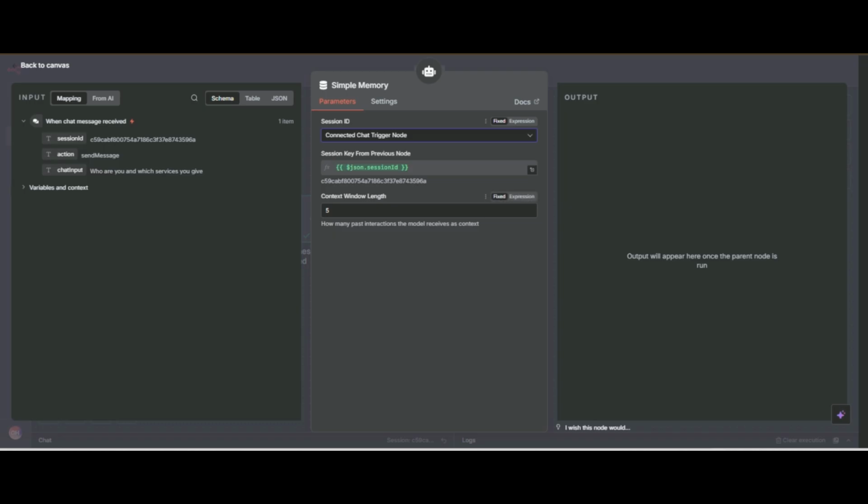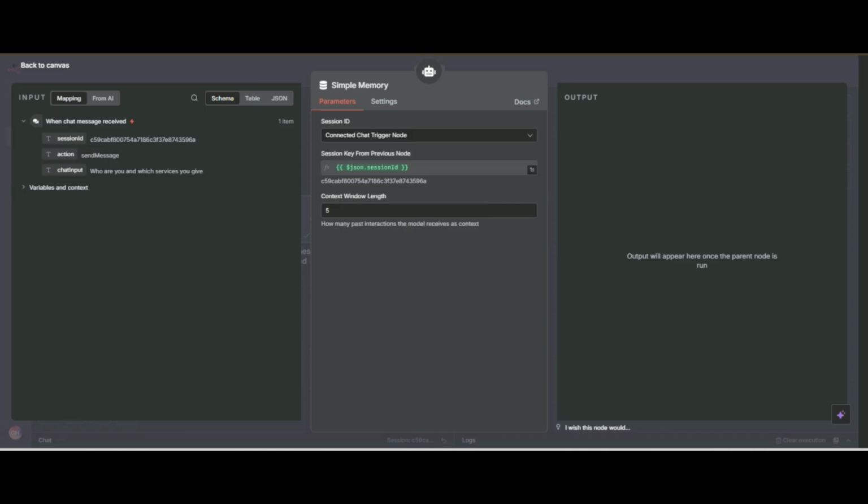In our database, every user has a separate ID, and when the same user messages us, the AI agent will retrieve all the past information about the user and then interact based on past behavior. And there is a context window length, which is how many past messages the AI will remember. You can go higher, but this time I will stay with 5.